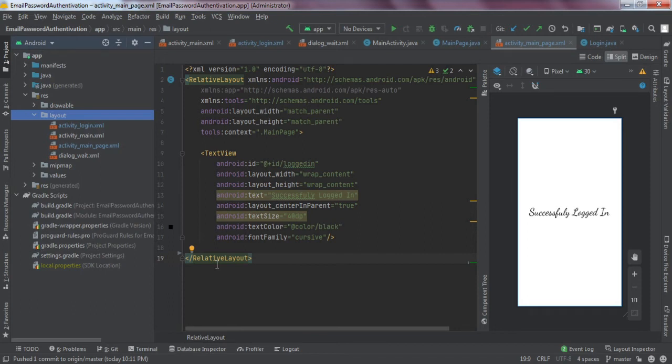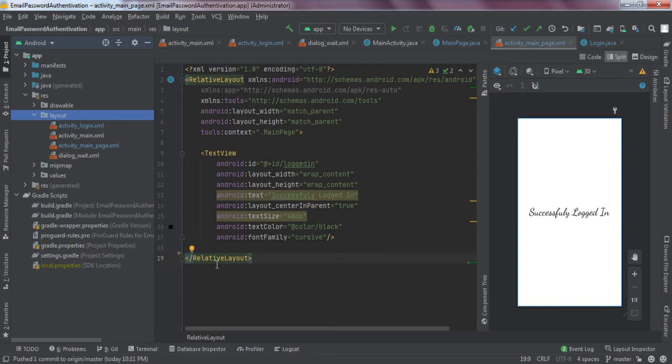So this will be the last video of our email password authentication using Firebase series. In the last two videos, we have checked how to sign up a user using this method, right? So we have made the front end and the back end code for that. If you haven't seen that video already, I'll recommend you check it out by clicking on this I button. So let me show you what we're going to achieve by the end of this video.